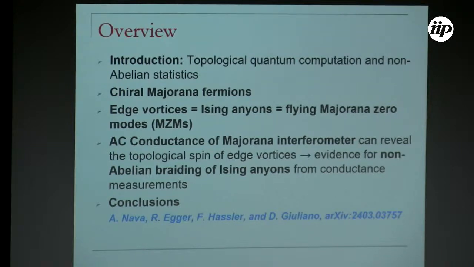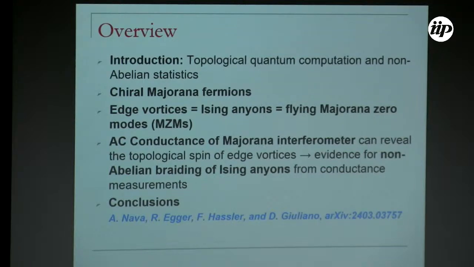So the plan for this lecture is that I start with a gentle introduction to topological quantum computation and non-Abelian statistics. And the workhorse I will use are chiral Majorana fermions. So these are sort of edge states like in a fractional quantum Hall system, but Majorana fermions. By themselves, they are just fermions. So they are not Ising anyons, but you can generate Ising anyons as domain walls or so-called edge vortices in